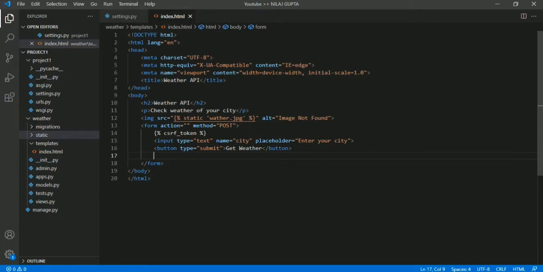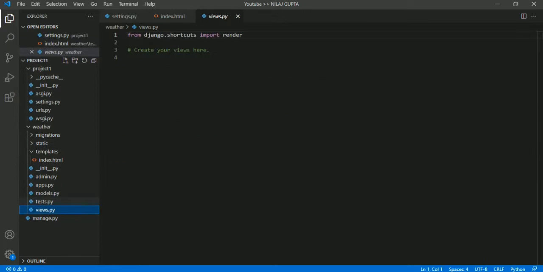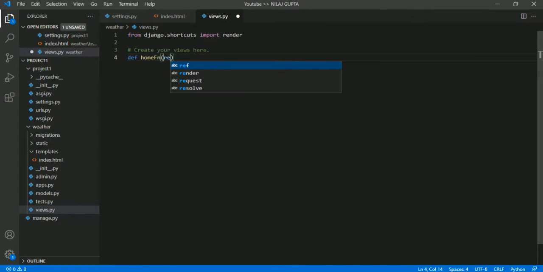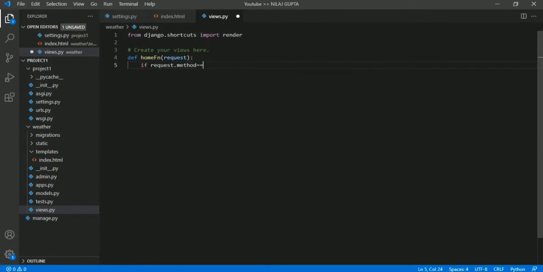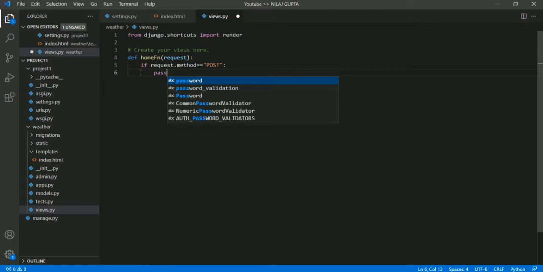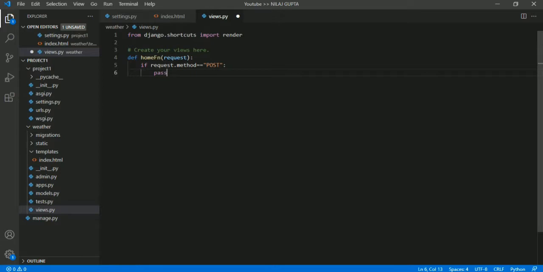Now let's save it, and now let's create our view. Here I will define my function, def home function. I have named my function home_fn, and it will take the parameter request. If request.method equals POST, meaning if the button is clicked, then this block will run.